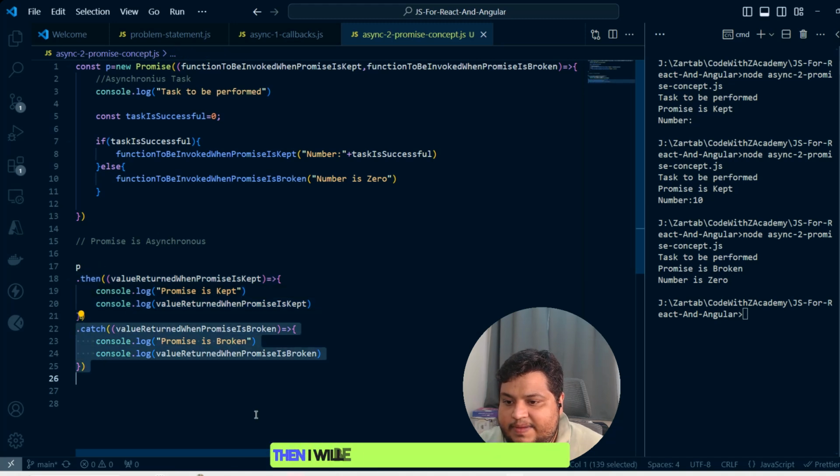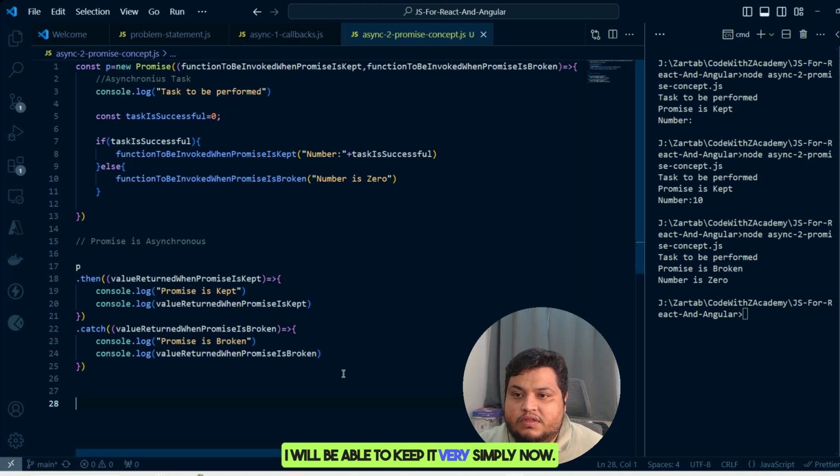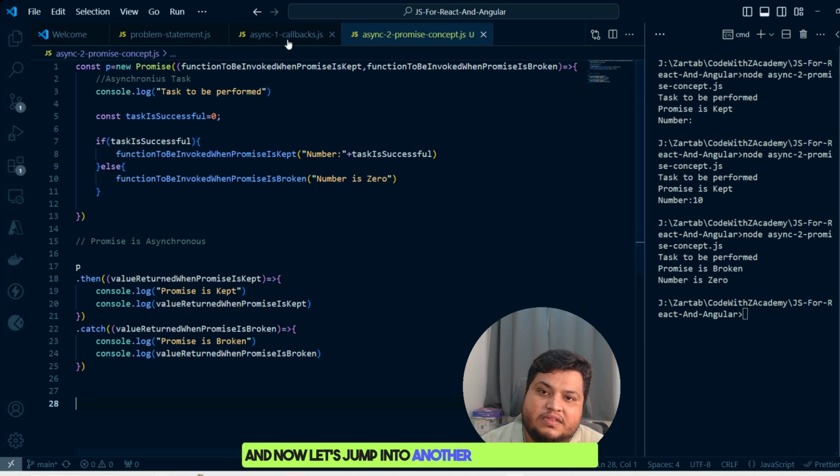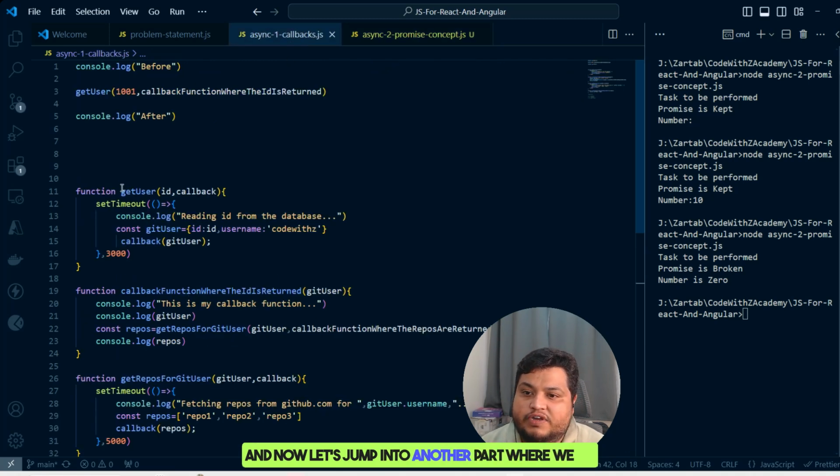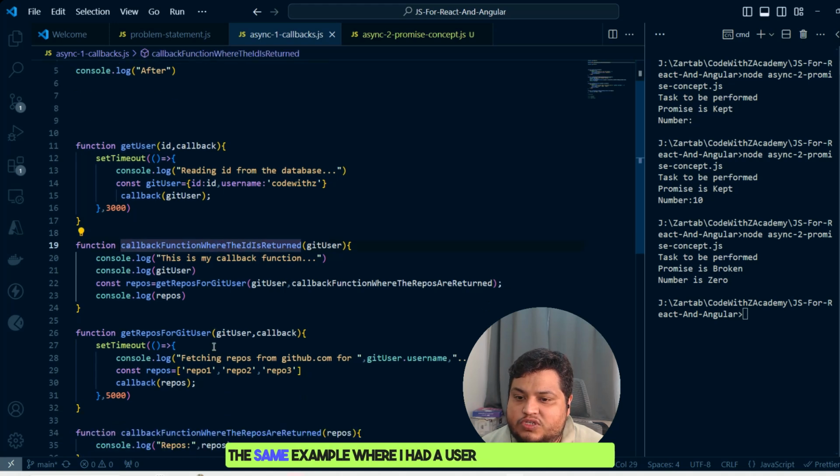Then I will be having another promise here, and this value is what I get returned. I will be able to keep it very simply. Now, I hope this clears the concept of promise. And now let's jump into another part where we do the same example where I had a user callback function